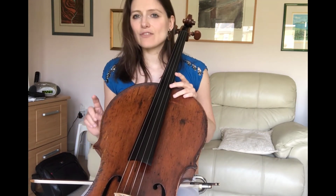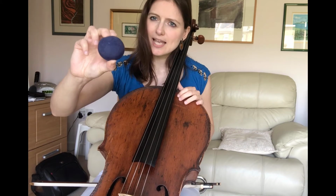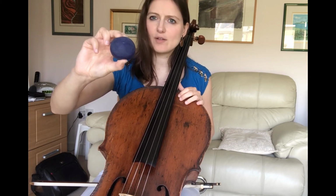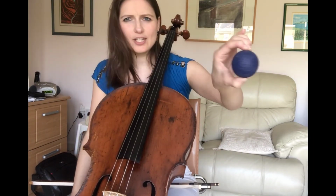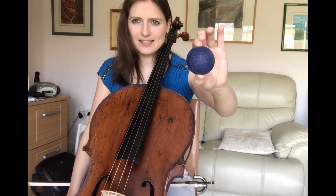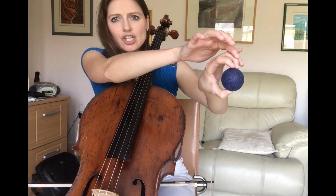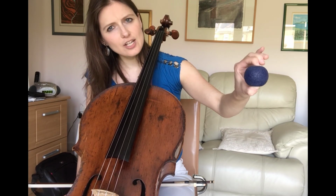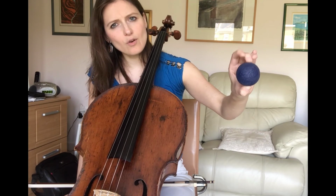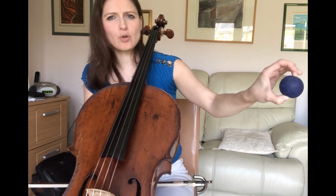A second exercise that really helps, that is done completely away from the cello, uses one of these lovely little slightly squidgy balls. They are balls which are normally used for physiotherapy, occupational therapy. You can buy them very cheaply on Amazon. And what we do with these is essentially the same tapping exercise, like that, and we really build strength in our finger muscles here. This is something you can very happily do away from the cello, just a couple of times a day with all your fingers, and you will in no time notice improvement in your finger strength,